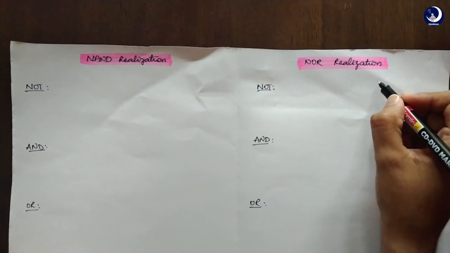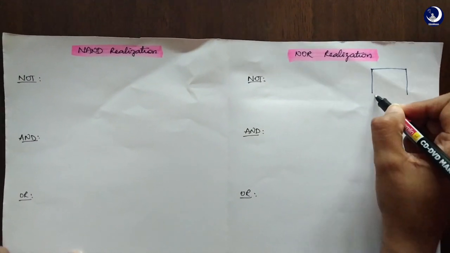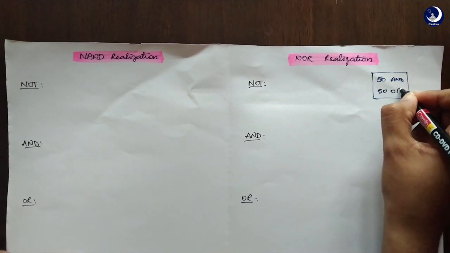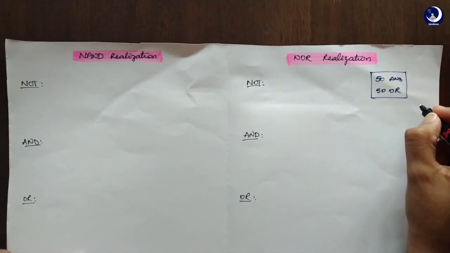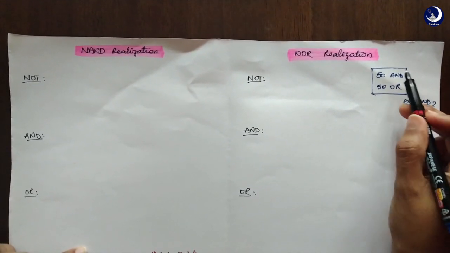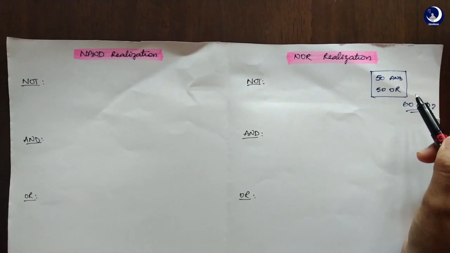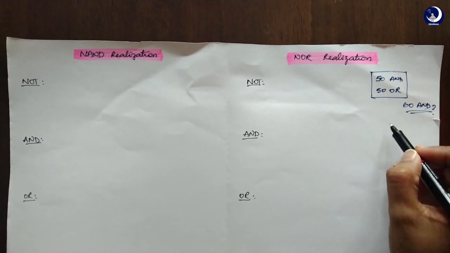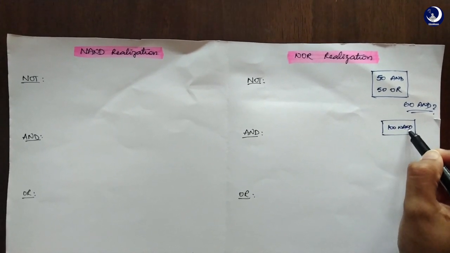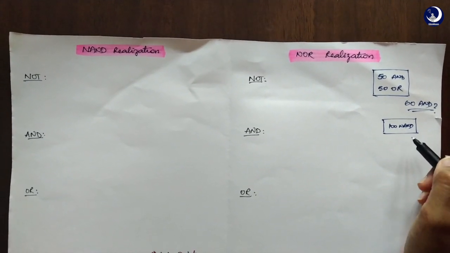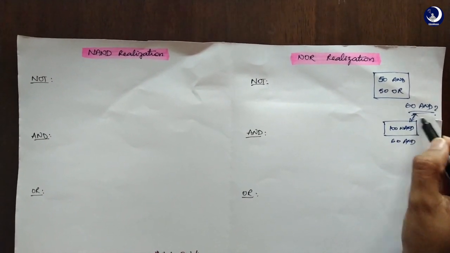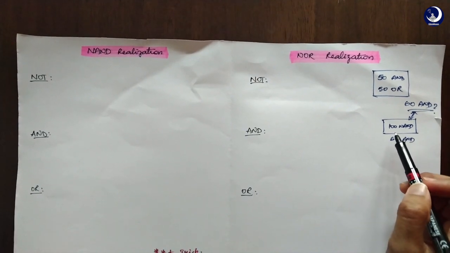See, for example, if there's a circuitry which has 50 AND gates and 50 OR gates, and now you are required to build a circuit which consists of 60 AND gates. Can you do this? No, right? You need another kind of circuitry, which also increases the cost. So in order to use this efficiently, if you just consider 100 NAND gates or NOR gates, any of the universal gates, you can easily solve the 60 AND gates circuit, right? You can meet this criteria. So that's the main purpose of using a universal gate.